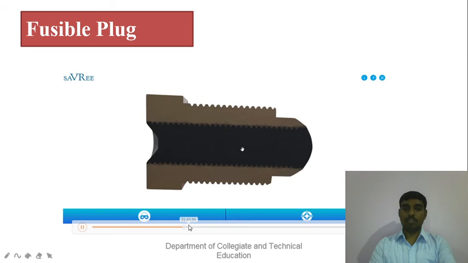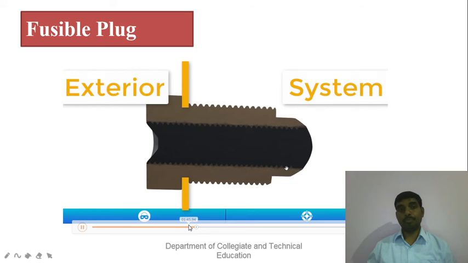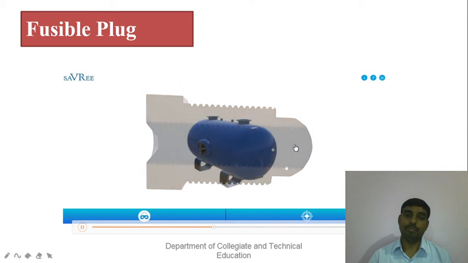Now why would we do that? Why would we want the plug to literally melt when we expose it to elevated temperatures? Well, the reason is we want the system, which let's imagine is on the right side of the screen, to have its pressure released out through the fusible plug to the left side of the screen. And we want this to occur when the fusible plug is exposed to an elevated temperature. Now, it's a lot more clear if I explain this with an example. So let's go and have a look now at a compressed air vessel.